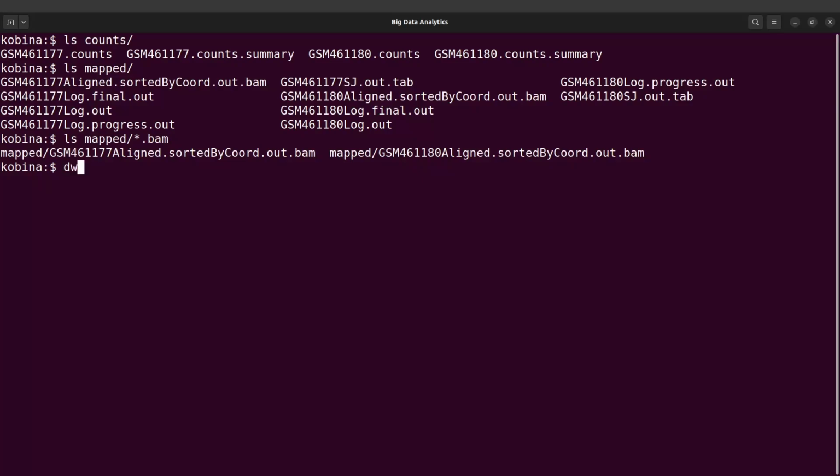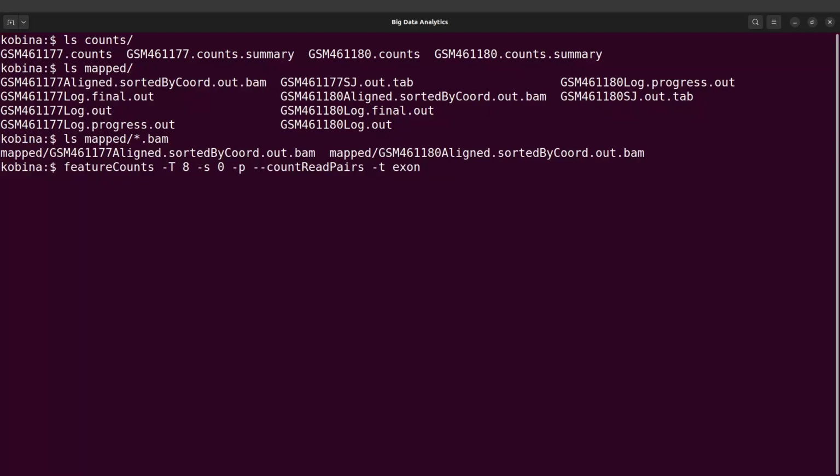You will say featureCounts like this, and then you will specify your options. All right, so the options, we use -T 8. We said -s 0 for strandedness. We have unstranded data. We said -p --countReadPairs. That is for what? Paired-end reads. We have -t